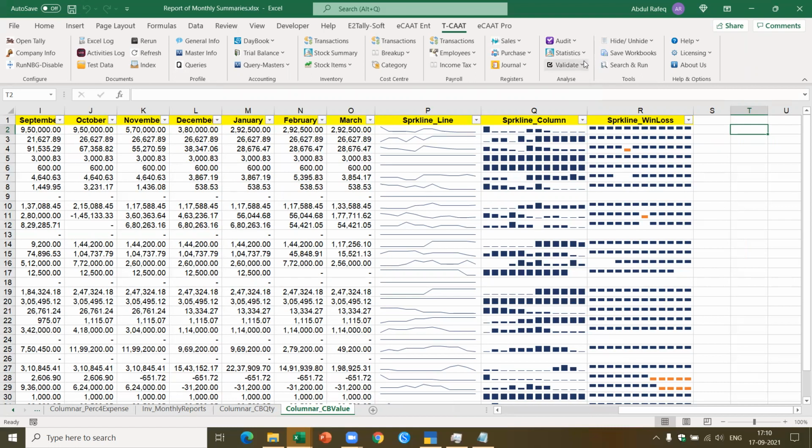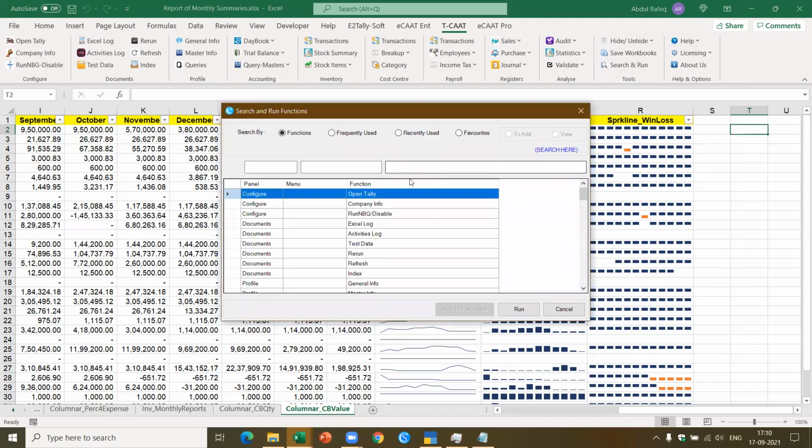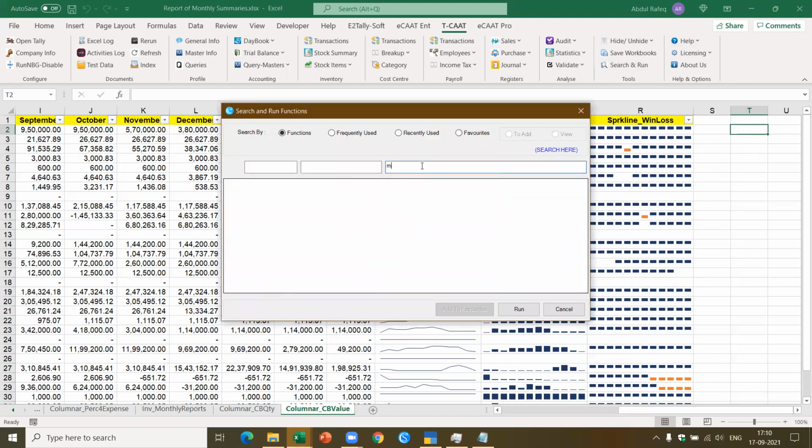We also have some validate functions, which I told you about, where you can go and validate the numbers which you got. You can get the complete information about the Tally settings, tip of the day, everything here. There's also context-sensitive help available here. Now, if you don't know what the function is, you can search and run the function. You just click on this. Let's say I want to know what is the master info. Directly, I can click search and run.